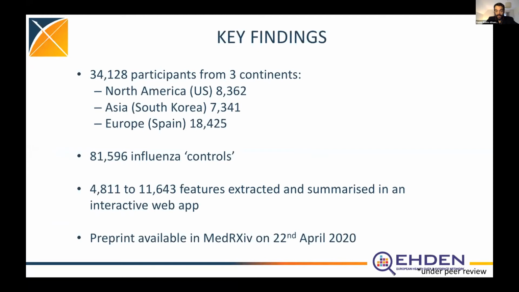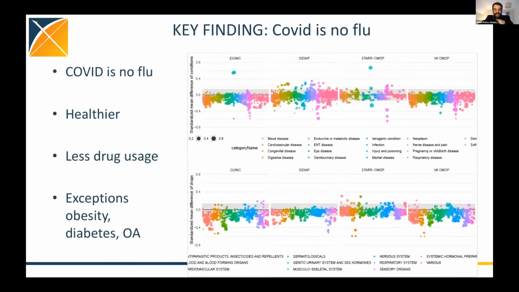We looked at people who had had influenza in the previous years as a control or a benchmark, and we extracted from 5,000 to 11,000 features for each of the people that were phenotyped here. And you can see here the results. These plots show, for each of the data sources, each dot is a condition or a medicine, with the y-axis being the prevalence of use, and what you have in the top bar is more common in COVID-19. The bottom bar is more common in the flu, and you can see how COVID and flu are very